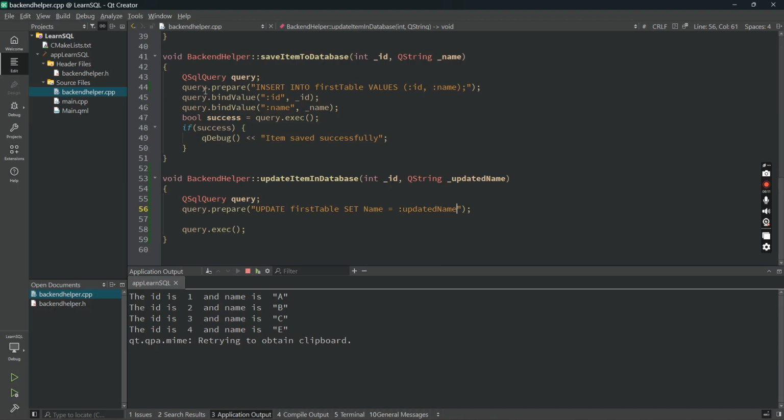And I will bind this value using this command. So let's just do this right here, right? So we'll say query dot bind value. Now wherever you find updated name, replace it with this string. We are passing this from QML, right? So whatever this string value is, we replace it here. So what I am telling is, in the first table, set the name to be equal to this updated value,